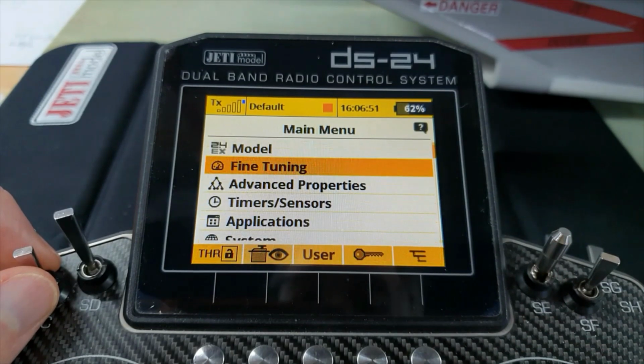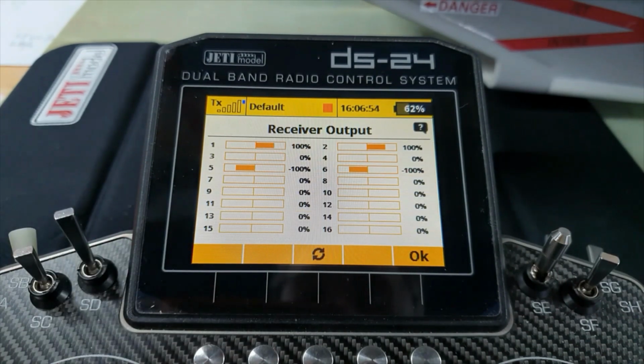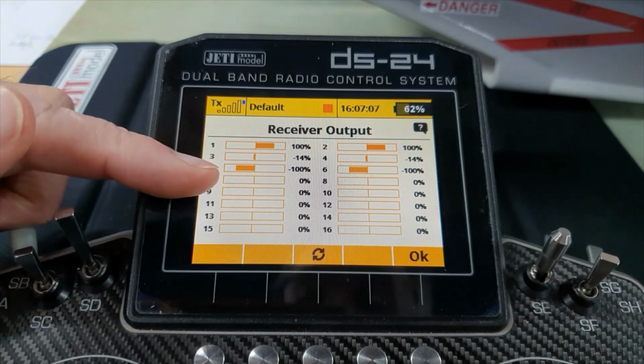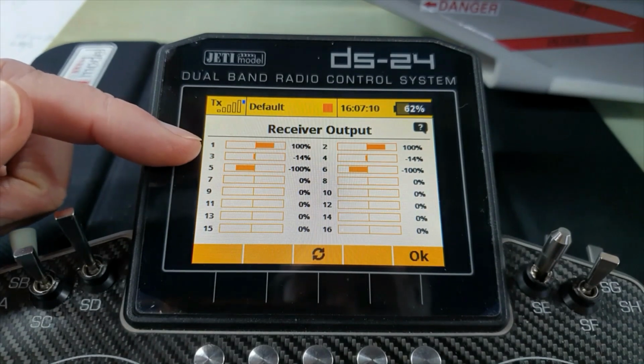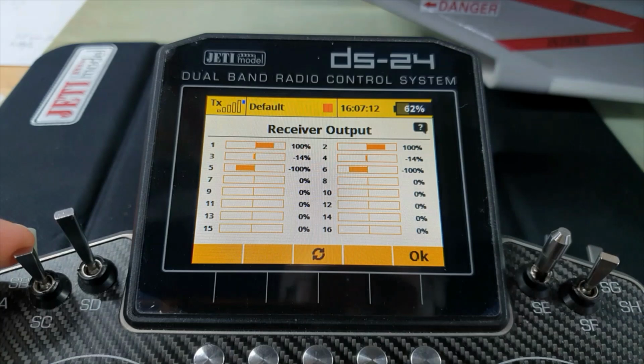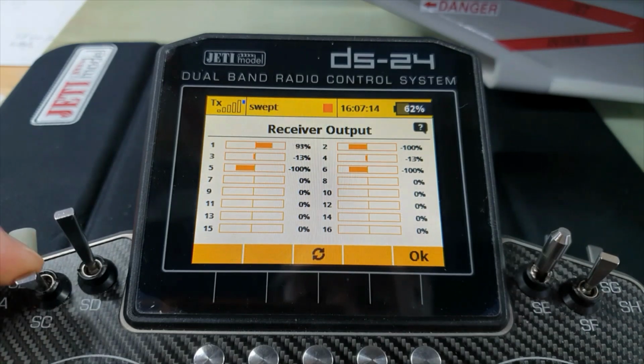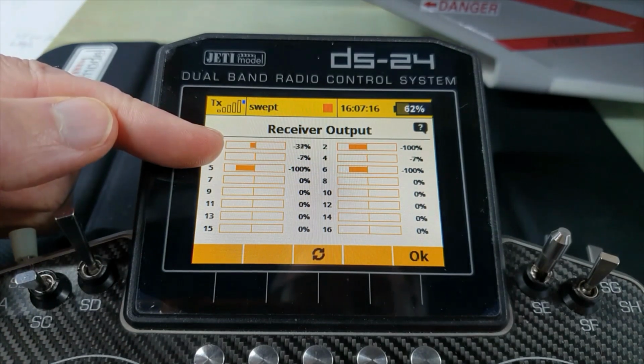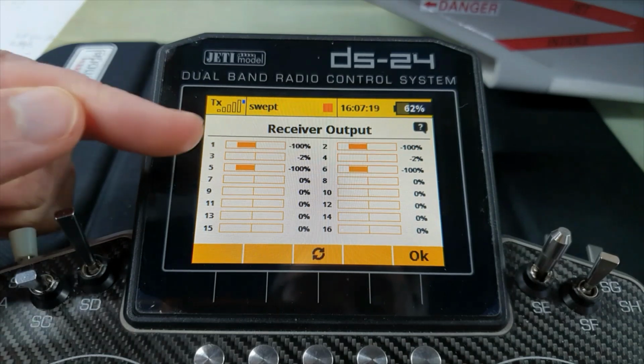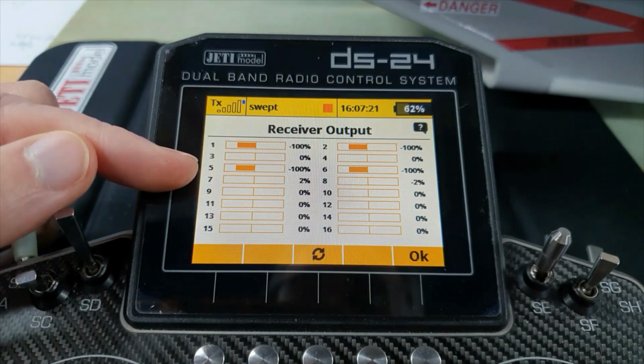OK. Now let's prove that the trimming works on the Tailerons. So we'll start trimming. We're in default mode. So remember, we made it flight mode separate. So the trimming is not working on the ailerons, it's working on the wing. Now let's switch to wing swept mode. The aileron trim comes off the ailerons themselves. But the trim, there we go, it's now working